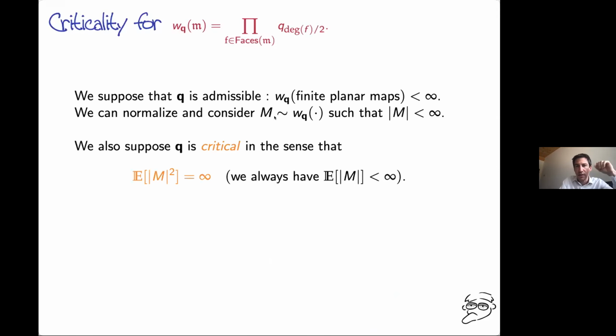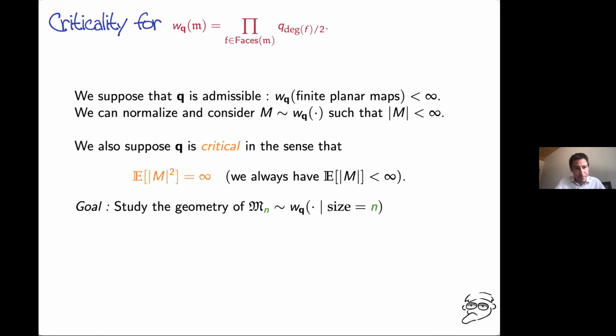Okay, let me go quickly over that. You have conditions to get a critical model, and the critical model can be turned, you have sequences for which it is critical, and I mean that the expected size of a map squared is infinite. It's like the Galton-Watson measure for those who know. If you want it to be critical, it's requiring that the size of your tree has no first moment. Here, it's no second moment.